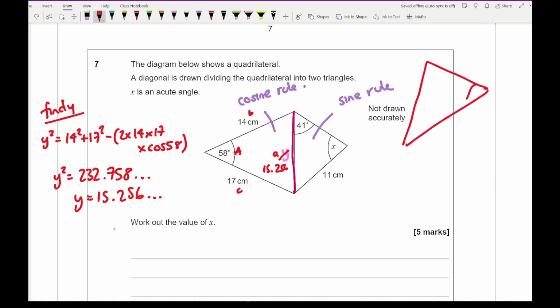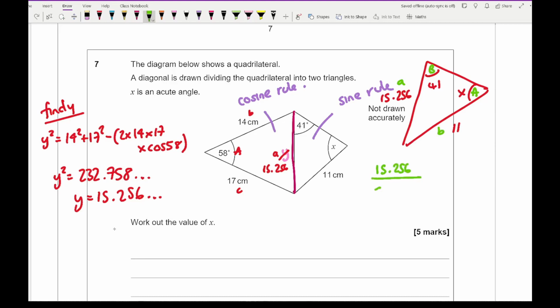Again, rather poor triangle, but we know this is 11 and this side here is 15.256. I could then use the sine rule to work this out. So I've got A, little a, B and little b. So what I've got then is